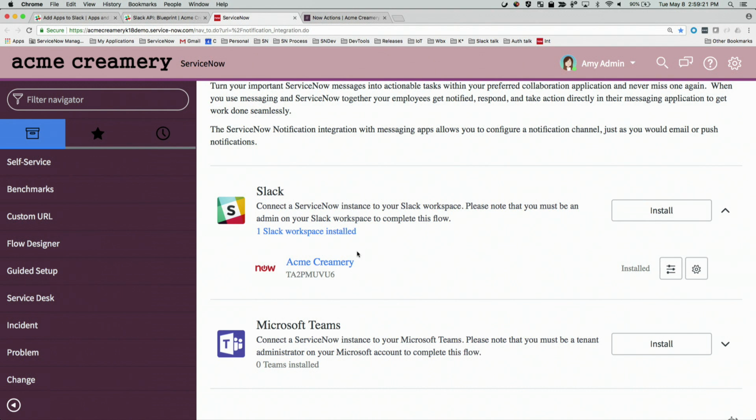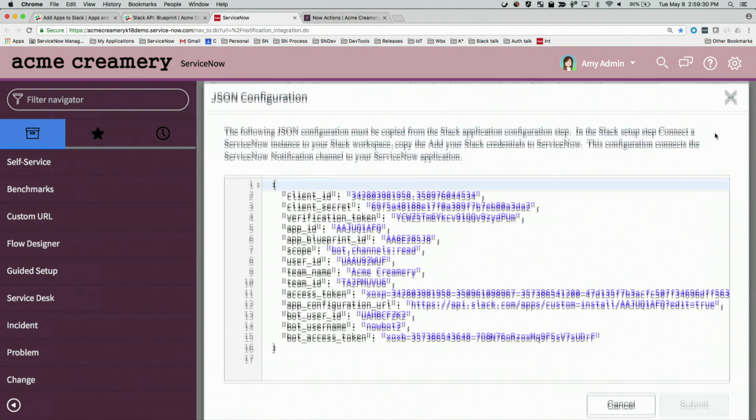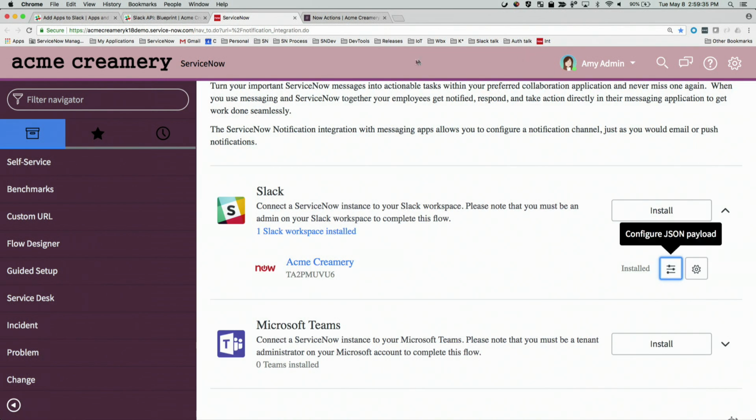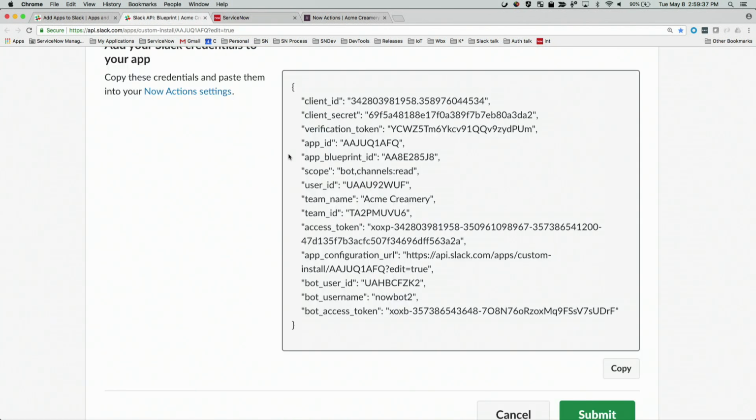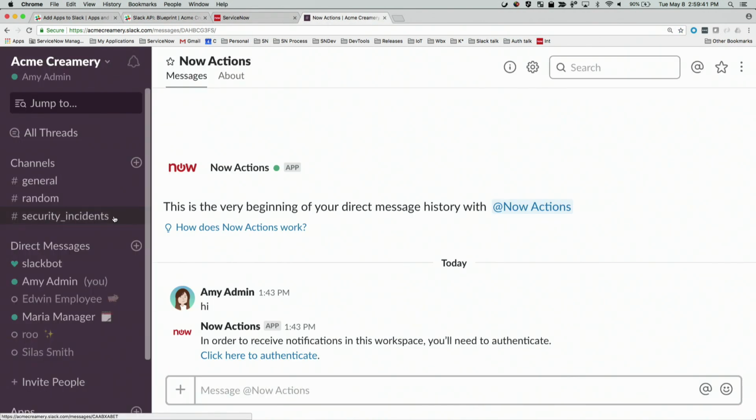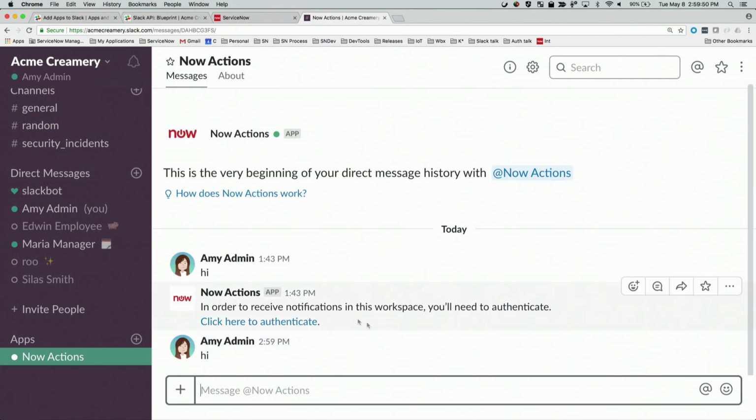As we've already completed this workflow, you can see that there's one Slack workspace installed for the Acme Creamery team, and the credentials are sitting right there. So if Amy wants to verify that the app is set up on the Slack side, she can come here, check her instance URL, and click Submit. And then she'd head over to the Slack team where she can see the Now Actions app in the bottom left-hand corner under the apps. If Amy reaches out to the app,